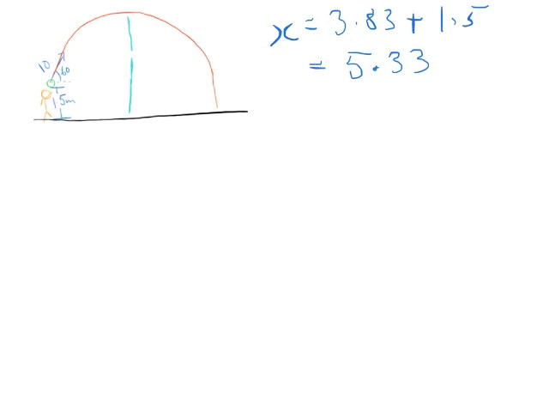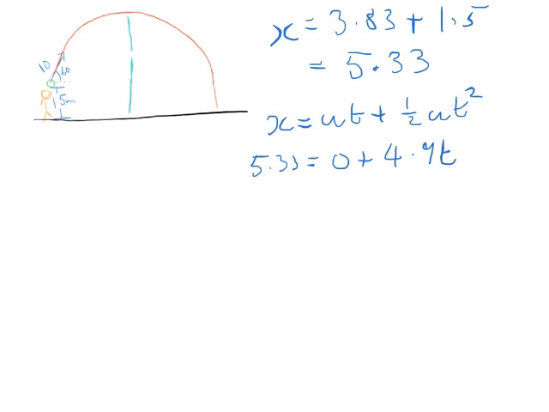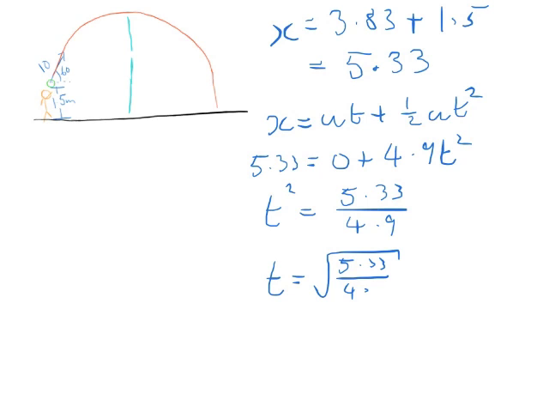So now we have x, we have the initial velocity u, we have acceleration, and we're looking for time. So we use the same formula as we did before, we just have a different x. So we've got x equals ut plus half a t squared. Again, same formula we did before, we just had to adjust the x value. So now we've got 5.33 equals 0 plus half of acceleration, so half of 9.8 is 4.9 times t squared. So again, we can get t squared by itself by going 5.33 divided by 4.9. So then our new time to come down is equal to the square root of 5.33 divided by 4.9, which equals